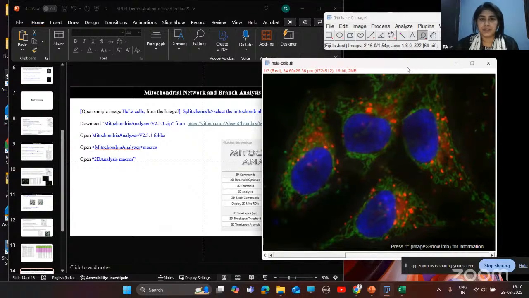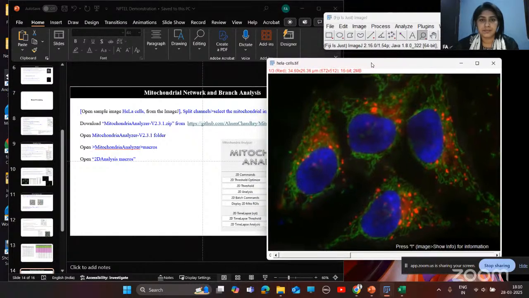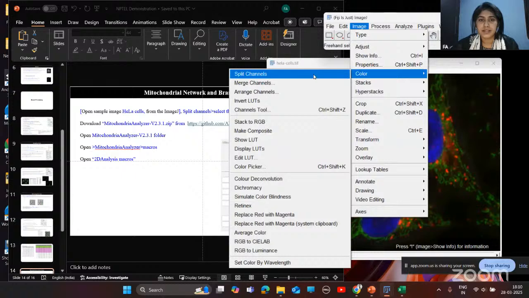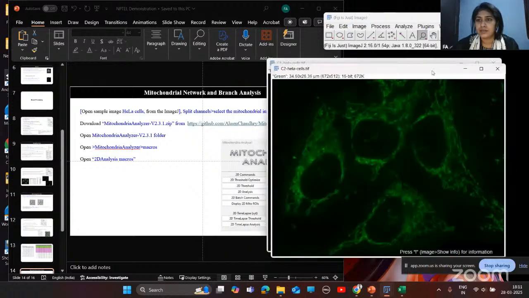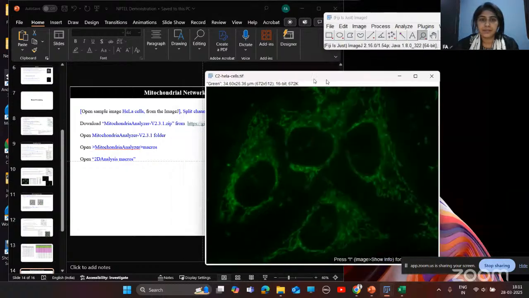Then you need to split channels so that we can get only the mitochondrial image. For this you need to go to image, color, and split channel. Here I'll close all this and keep just the mitochondrial image.